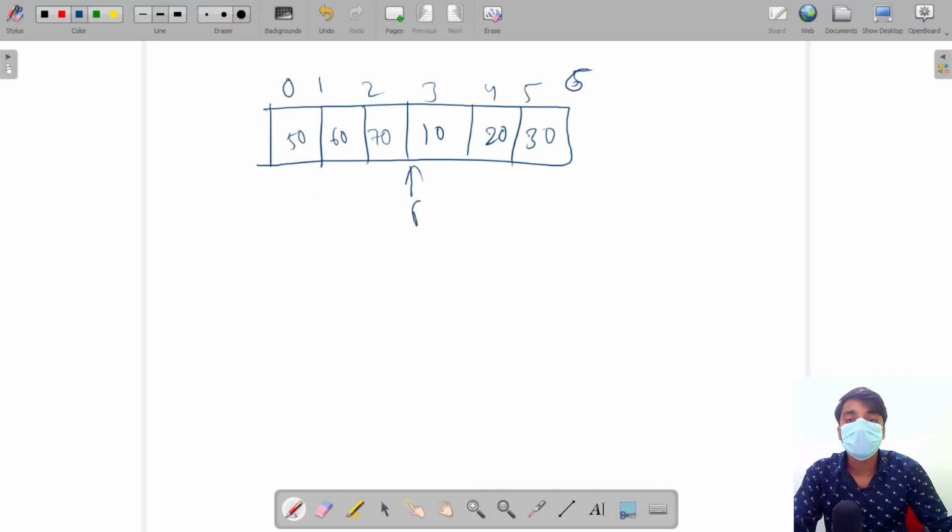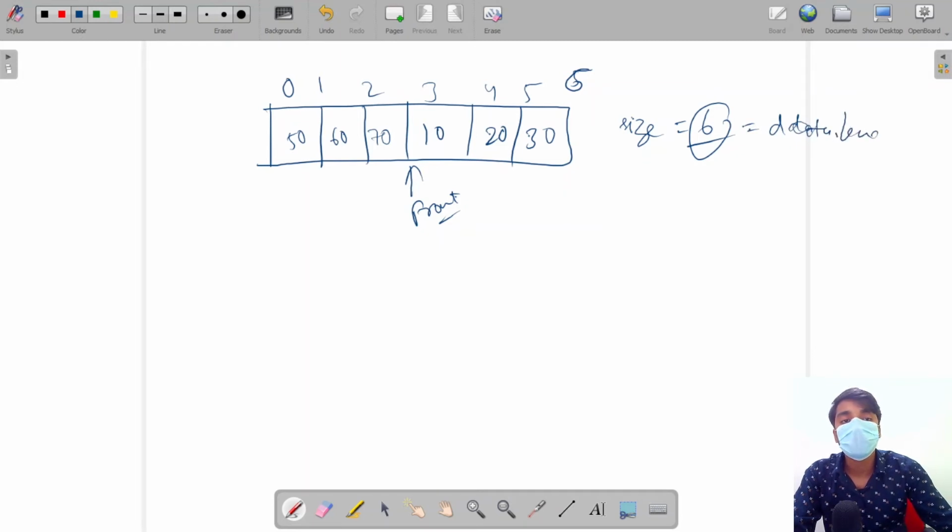So here this is the front, and the size is equal to 6, which is equal to the data.length. This means we cannot add any other data in our data array. So if we want to add 40 in our data array, this is not possible.